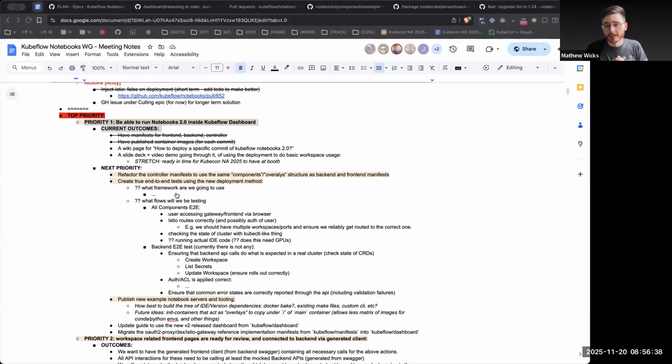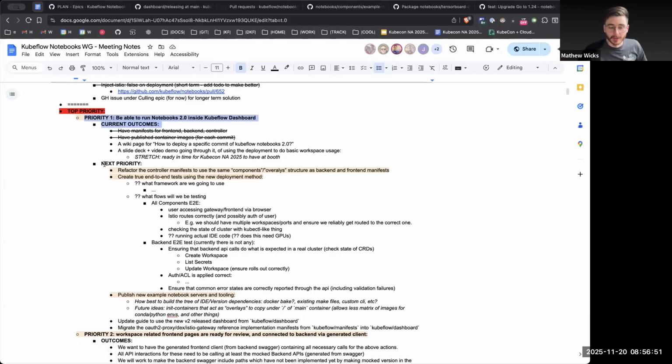I'll just quickly say what it is. It is a way to run things without having to build new images every time you make a change locally. It'll just capture your Go changes and throw them into the code. It's quite cool. Okay, so in terms of getting this priority done, this is obviously the current outcome here, and